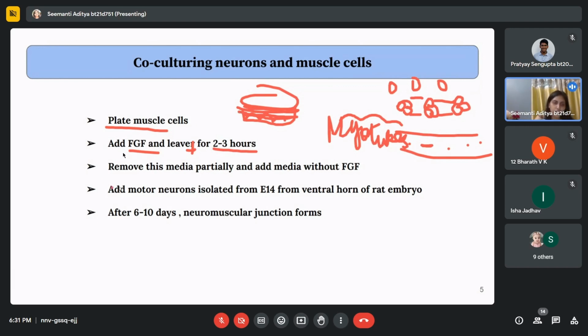So just the top portion of the cells should be submerged; all the rest of the media should be removed. Now, after removing this media, we have to add media which does not have any FGF, because we don't want any more cell division. Now the cell differentiation is going to happen from motor neurons. So the motor